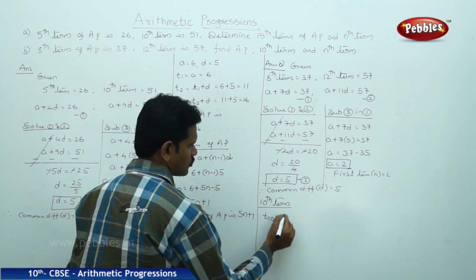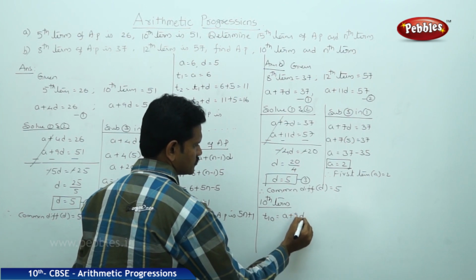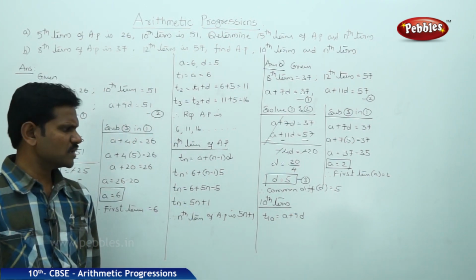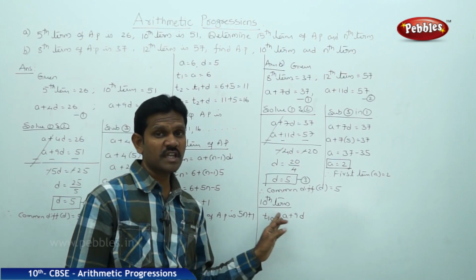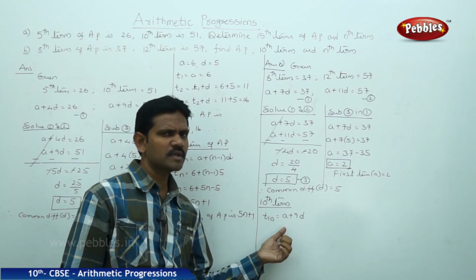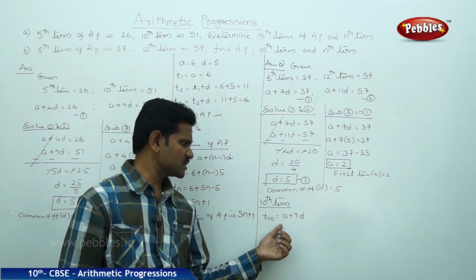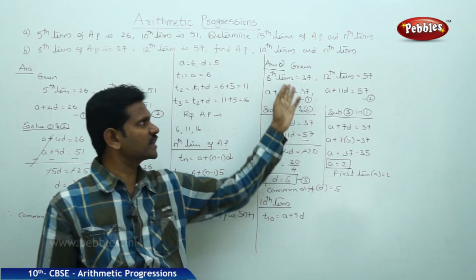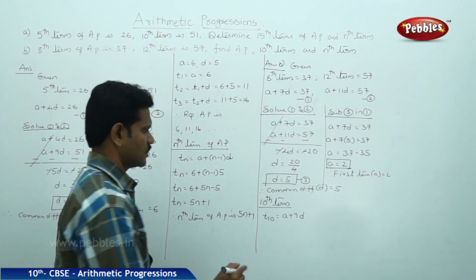T10 is equal to A plus 9D. And one more formula is also there: T10 is equal to T9 plus D. But that formula is not suitable here. Why? Because here I don't know the value of T9. Now,